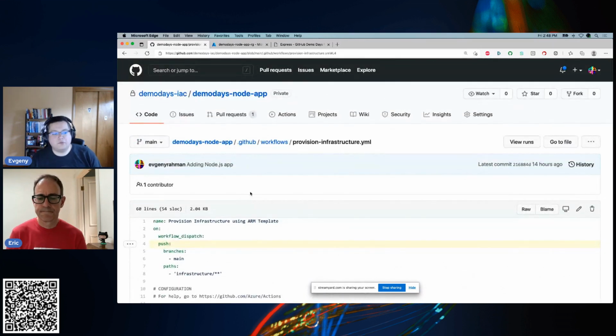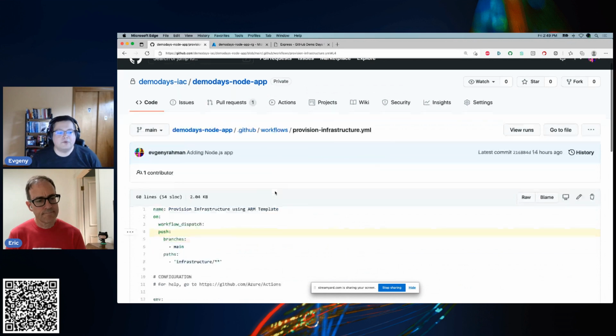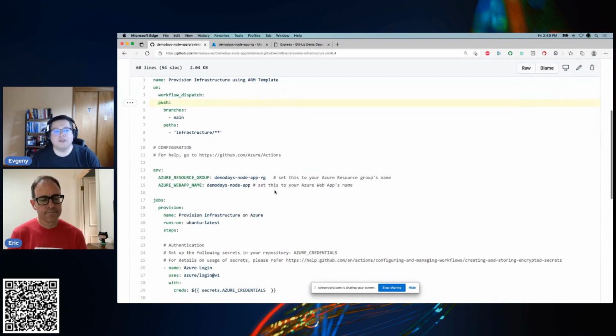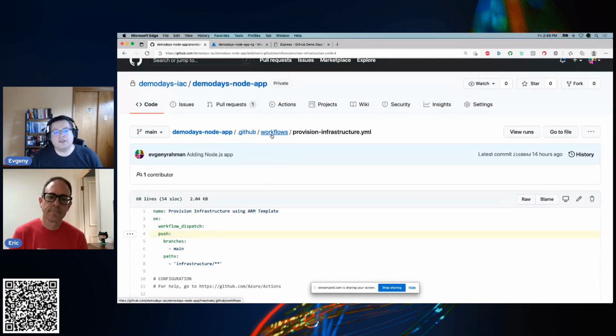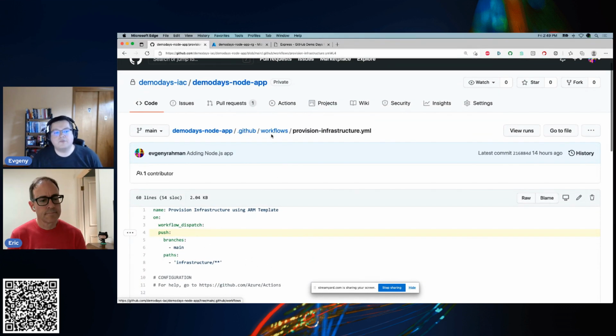So that was sort of an extensive tour through this, but I just wanted to show you, it's all in the code again. We have infrastructure as code. We also have automation as code, right? Like, this isn't something that I went into a portal and had to click through in order to generate. This is all code that can be changed. It can go through the same pull request process, right?